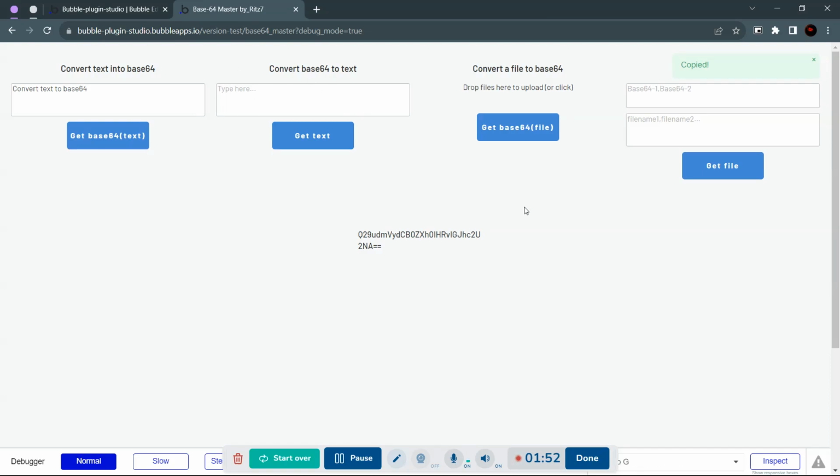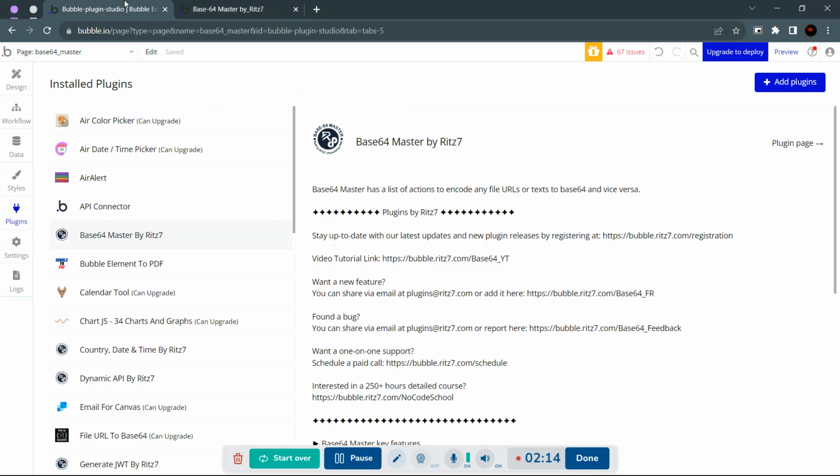Now what I'll do is convert this base64 back to the original text. So I'll paste that here. Then I'll click on get text. And you can see I got the text. So I was able to encrypt the text to base64 and decrypt that base64 to text. I'll show you which action I'm using for both of the